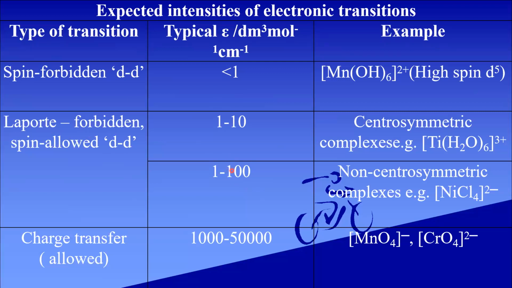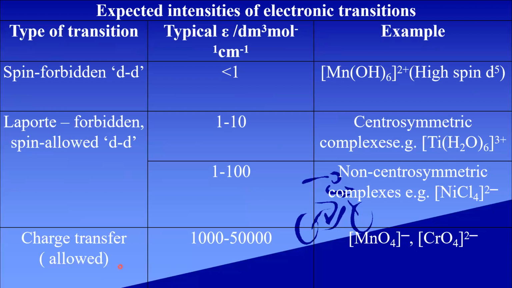The other one is also epsilon value 1 to 100, but does not possess center of symmetry. An example is NiCl4 2-, which is tetrahedral, and is more intense than